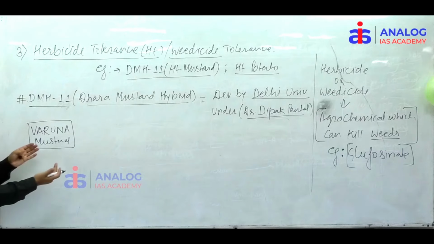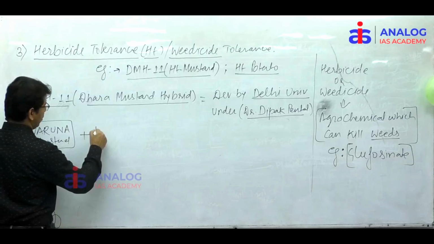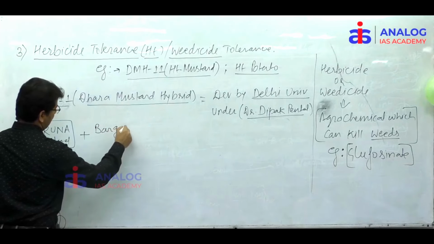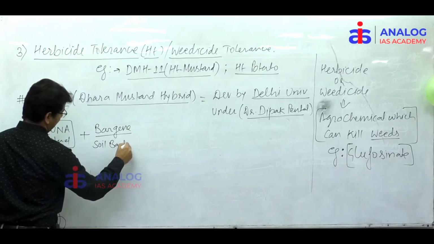So we wanted to add some gene to Varuna so that Varuna becomes herbicide tolerant, right? And we recognized the gene. The gene is known as the bar gene. And the bar gene comes from soil bacteria. So the whole idea was to add a gene that is called the bar gene, right? And the bar gene is coming from soil bacteria,